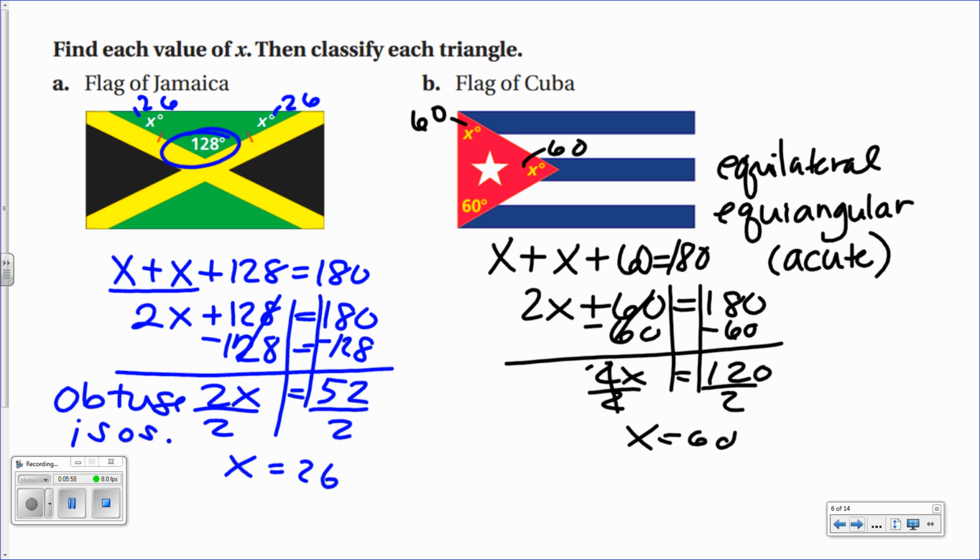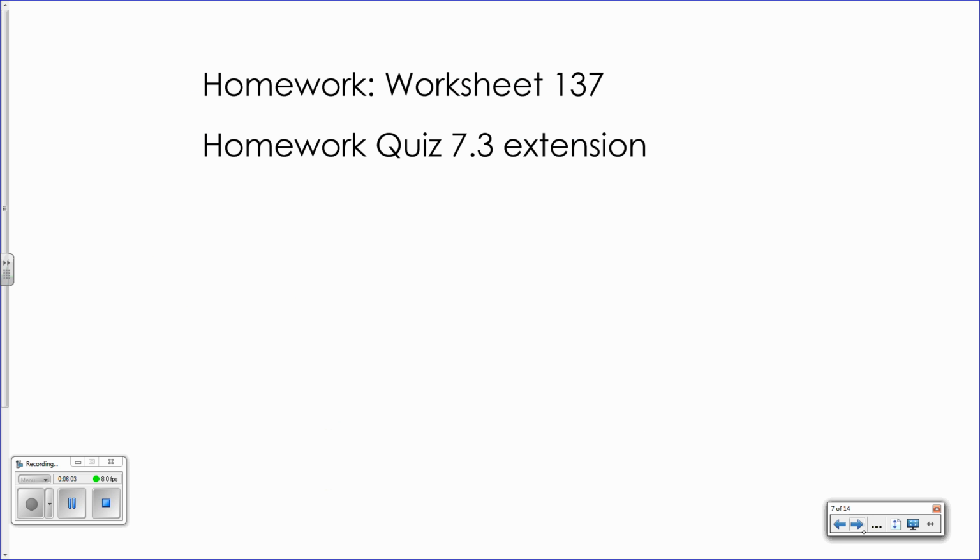So that's what we wanted to learn in this section, is that all of our triangles always add up to 180 degrees. Your homework is worksheet 137. It's a blue worksheet. And then your homework quiz is 7.3 extension, which needs to be done